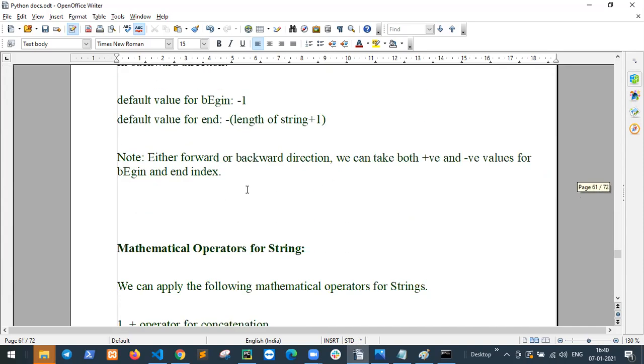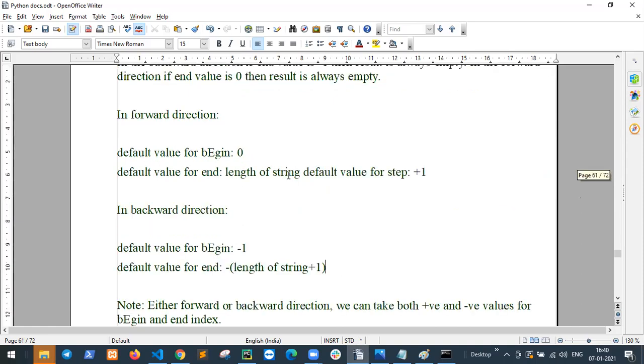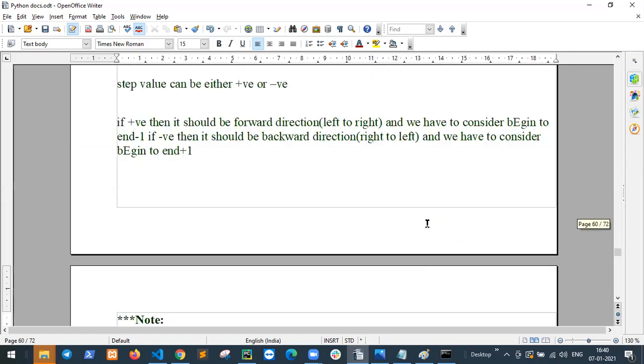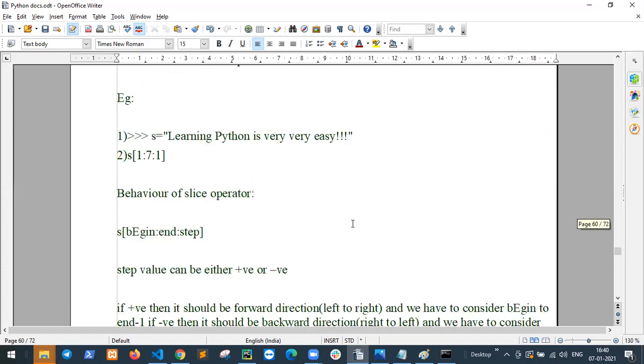In forward direction, same results. In backward direction, default value for beginning is -1, default value for end is length of string plus 1.